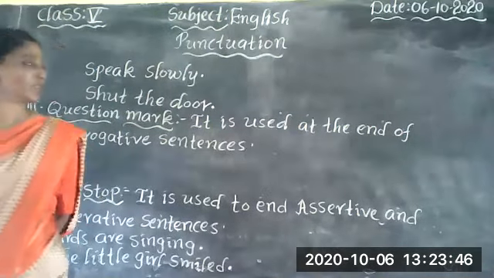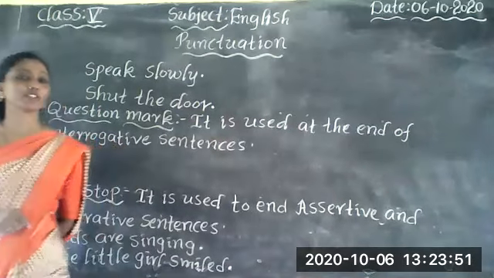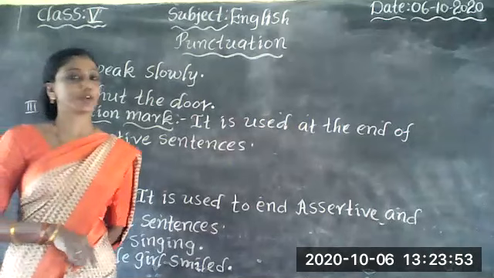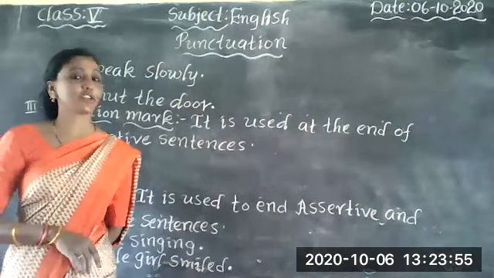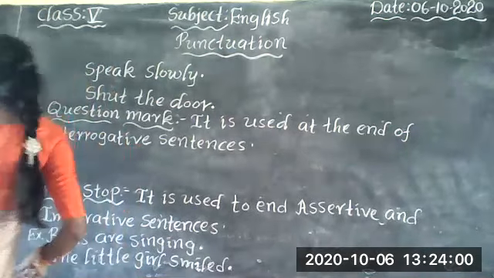Interrogative sentences mean questions. Whenever we are asking a question, at the end of the question we use question mark. But not for indirect questions. We should not use question mark for indirect questions. Okay? So for example,